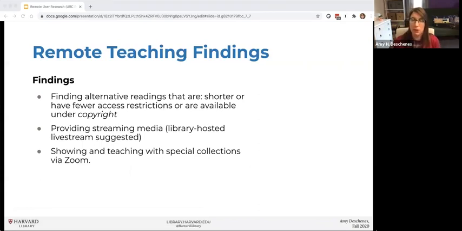That was a big thing folks were concerned about, not being able to access the physical materials. So how could they find alternative readings for their syllabi? Second was providing streaming media. They were looking for library hosted live streams and things like that. And then third was showing and teaching with special collections in real time over Zoom and working with archivists and library staff to do that successfully.